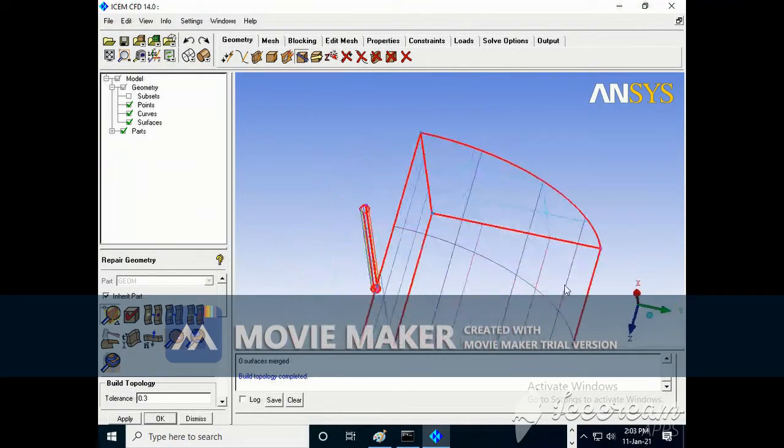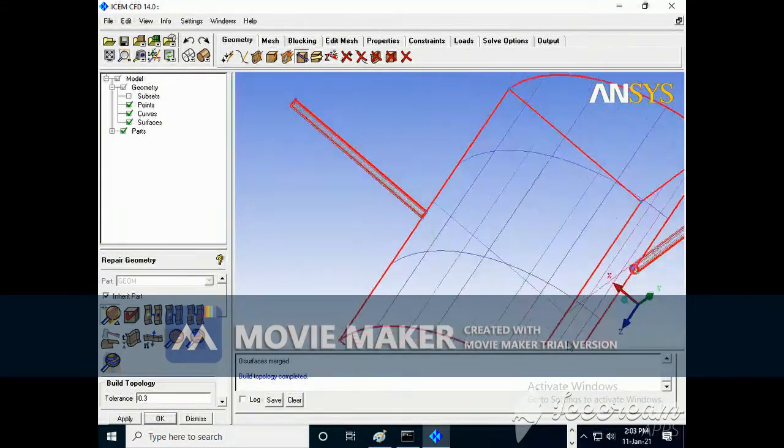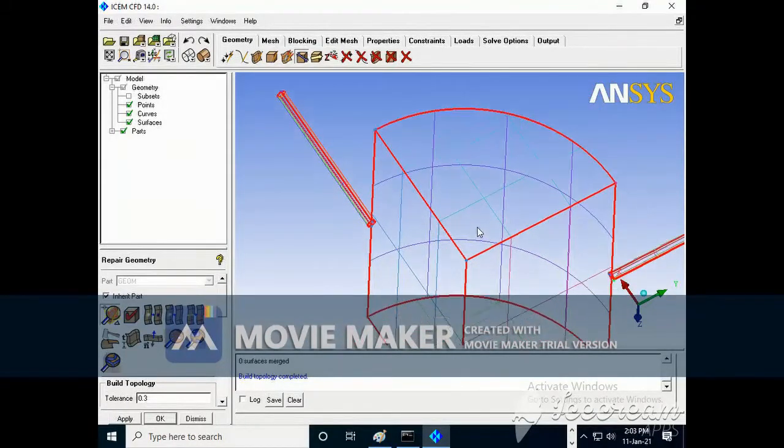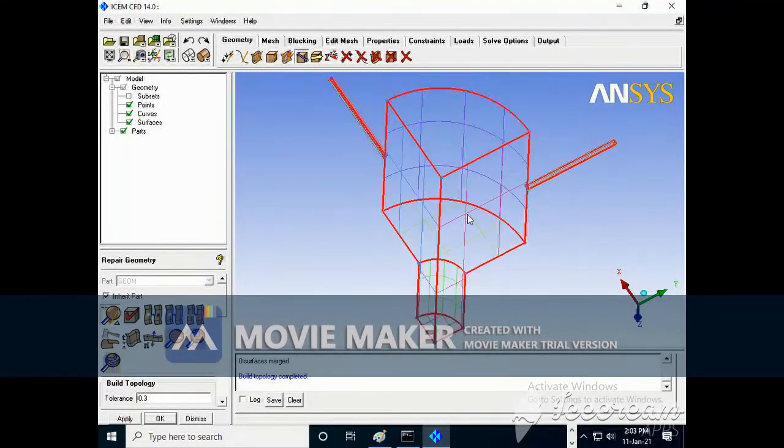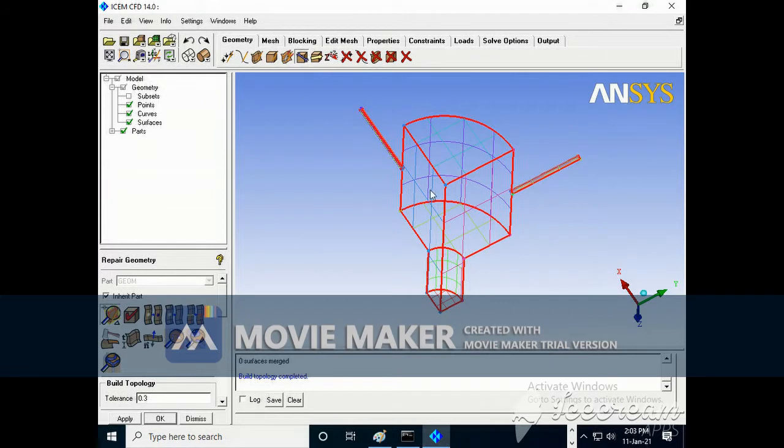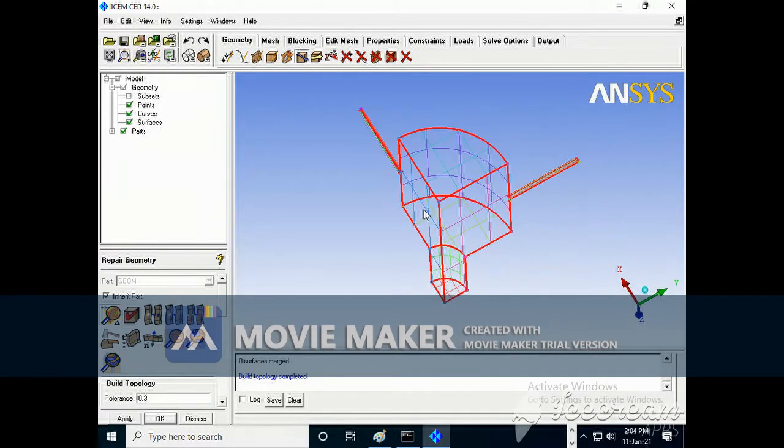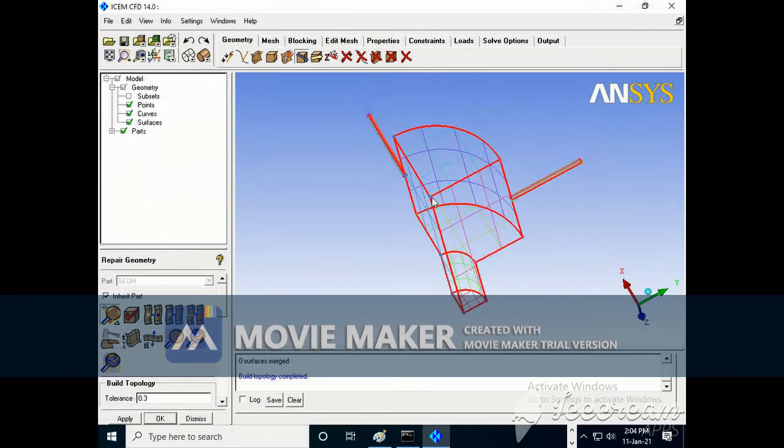As the geometry is created in such a way that it has symmetry from this side and this side, for that purpose it has taken a quarter part of a cylindrical object.